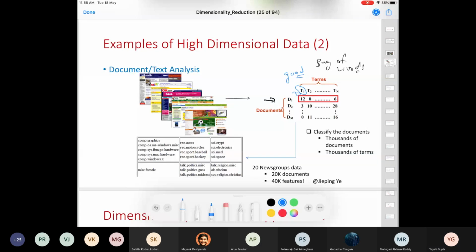If you look at it, this data set is going to be very sparse. Most of the feature values in this data set would be 0, because not every word would exist in every document. So the idea is, do we need all these words to be our dimensions? Instead, can we use some other representation, or pick a subset of these words to lower the dimensionality of our data set? Or let's say I would pick only the most frequent words to reduce the dimensionality. That's what we'll discuss today.